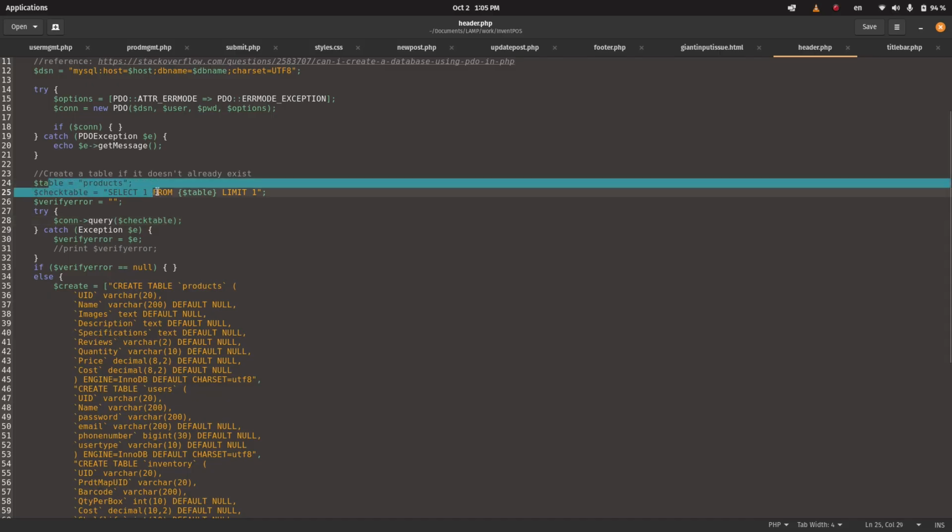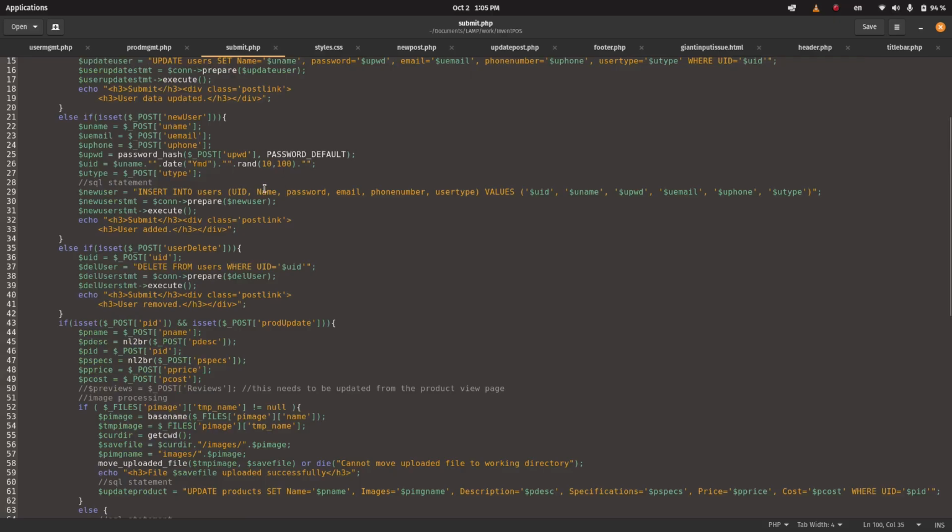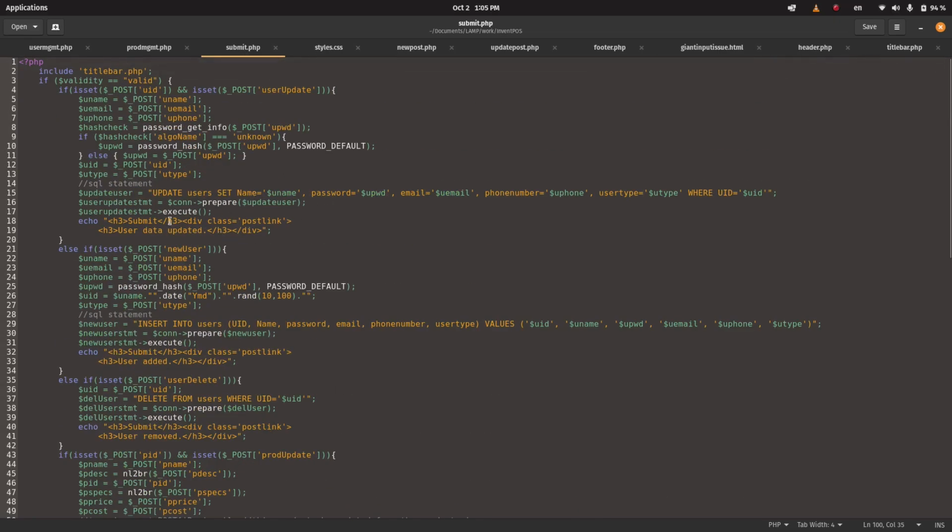So for here, this check table is hard coded at the PHP level. So there's not really as much of a security concern to not prepare this connection. When we do the submits for anything that we're doing, we use the prepare statement. And what the prepare statement will do is it will help protect the database queries using PDO from any sort